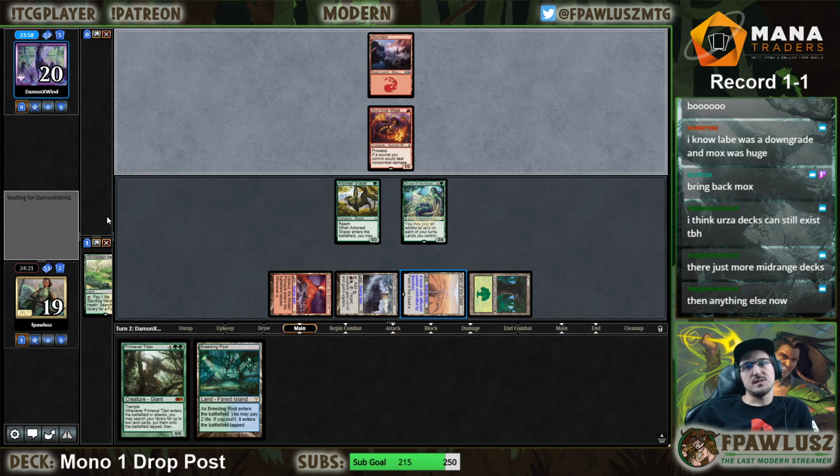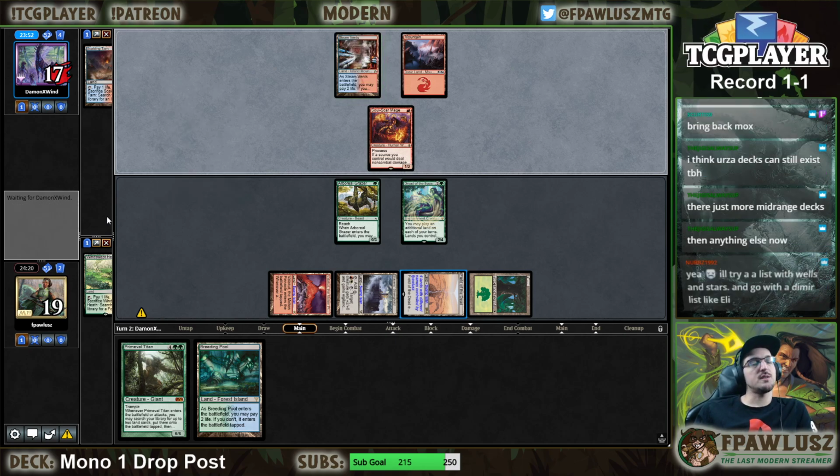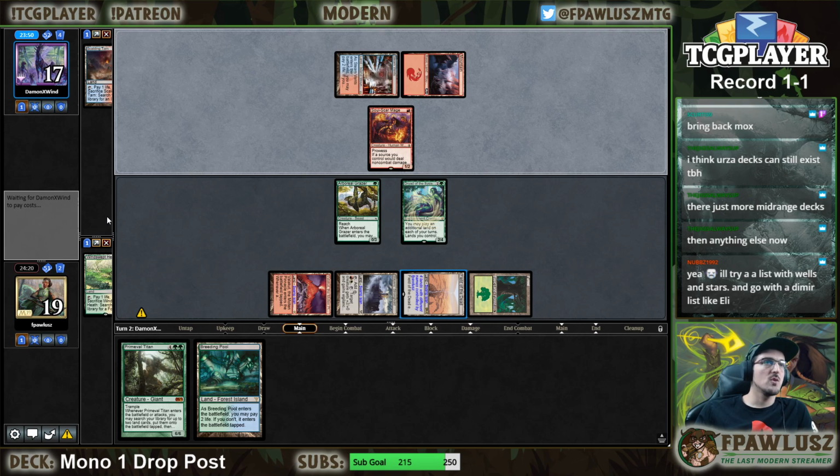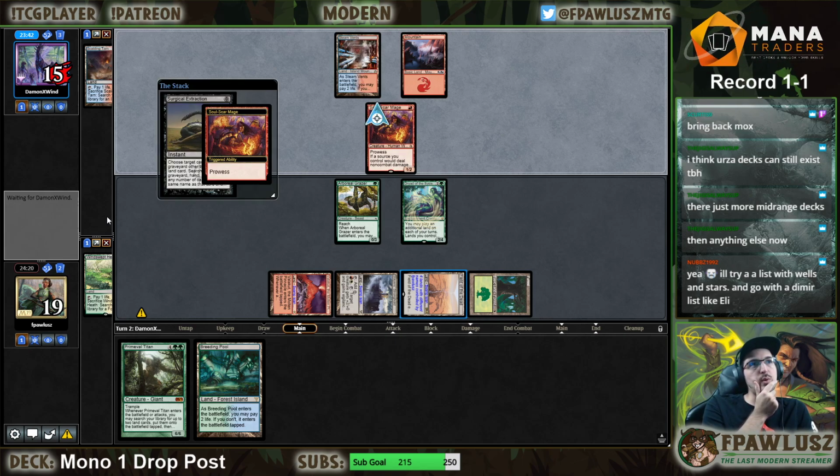I think Ursa decks can still exist, but they are more mid-range decks than anything else right now. Yes, yes. It's just a lot tougher to build now. Because even the blue-black Ursa decks that we used to see before were pretty... how can I say it? They were pretty, like...